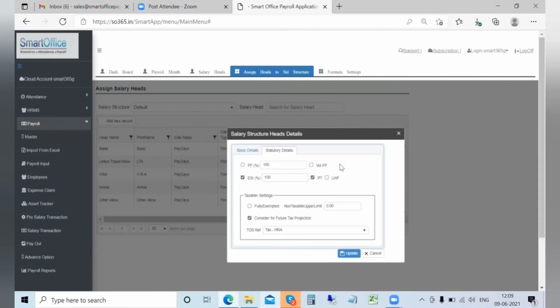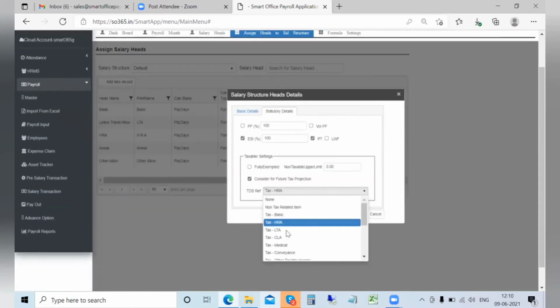Though this is a standard process, still in case of any quick changes, if you want to do it based on the stand you want to take, this is all user defined and on the front end. So whatever heads you want wherein PF should get calculated, ESI should get calculated, PT should get calculated, you can have those checkboxes enabled, and the system will consider those for the statutory calculations. Now, this is a tedious part where you can define which particular head is considered in what way when the IT calculations are done.